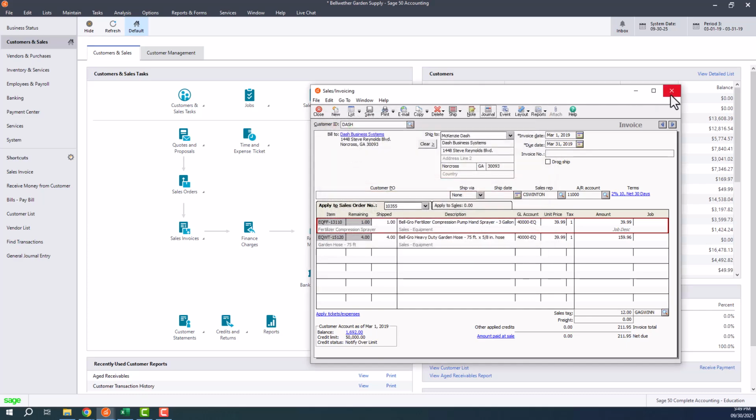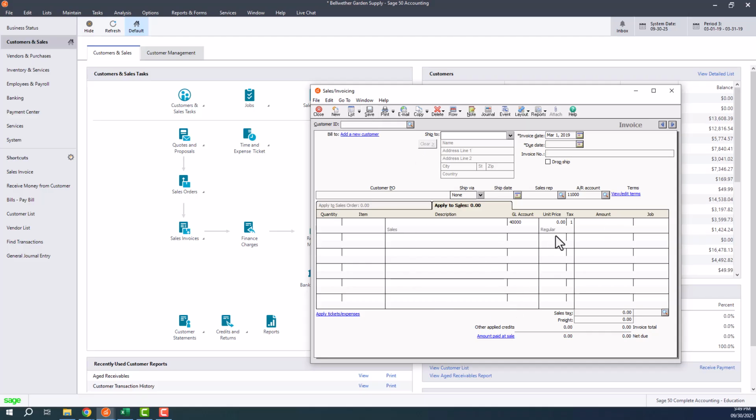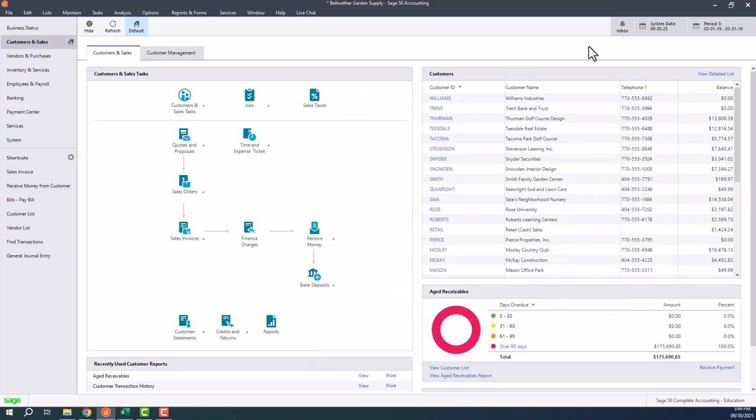So I'm going to close out of this invoice transaction, but not before I save it. So I hit that save button, it clears it out, and now I'm going to close that out. So normally after going through that workflow and creating a sales invoice, hopefully down the road the company would collect money from the customer and we'd go to receive money. But the book actually switches us up here, and now we're going to take a look at a different customer's